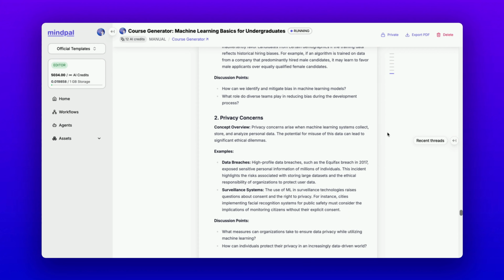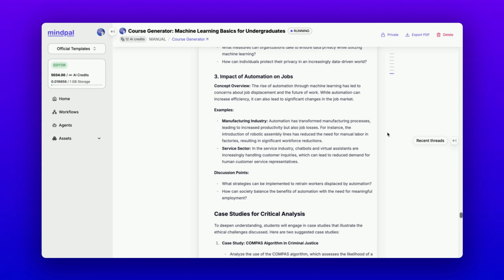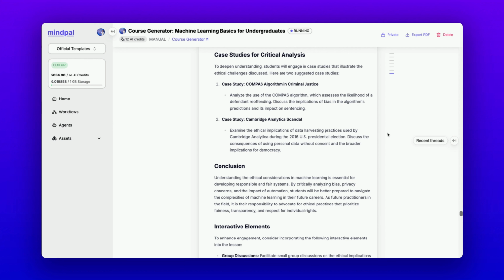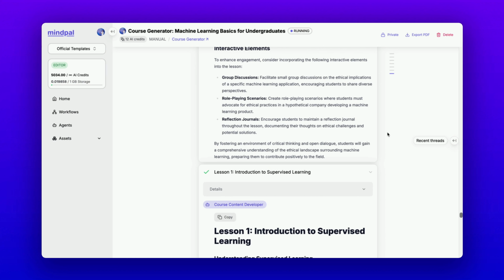When you duplicate this workflow into the workspace on MindPal, you can actually adjust the way the course is generated in this workflow. I structure it by generating the module list first, then the lesson list, and then generating the content of each lesson. But for other cases, you may want to generate the lesson list from the very first step, ignoring the step